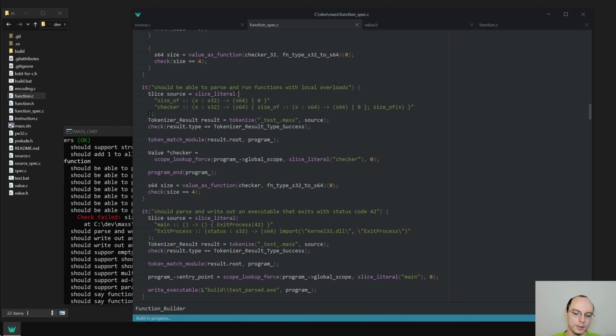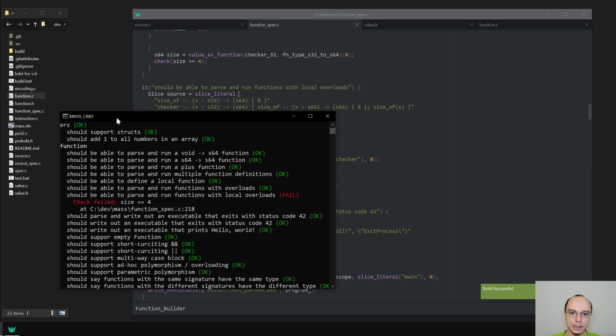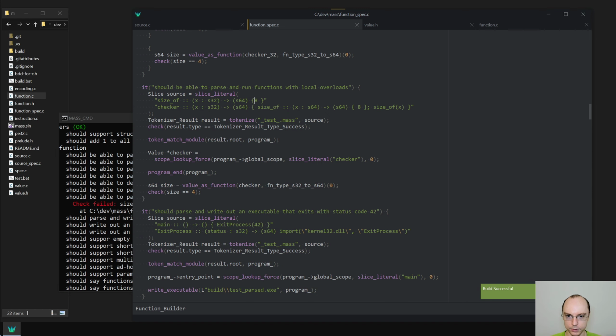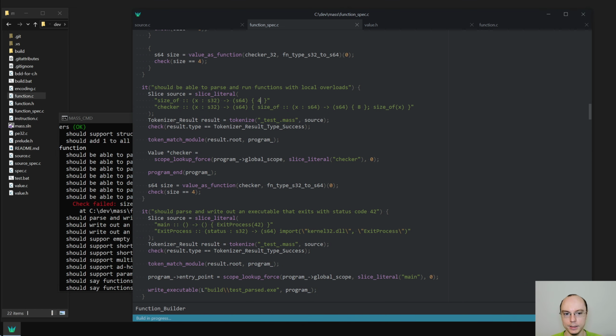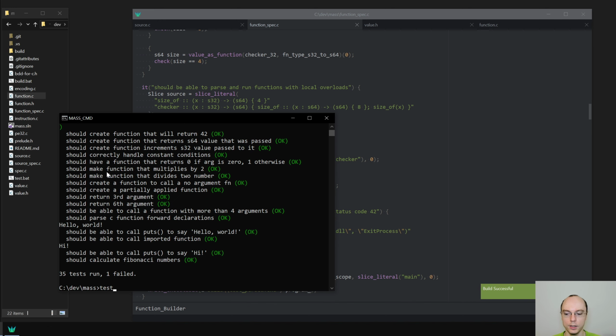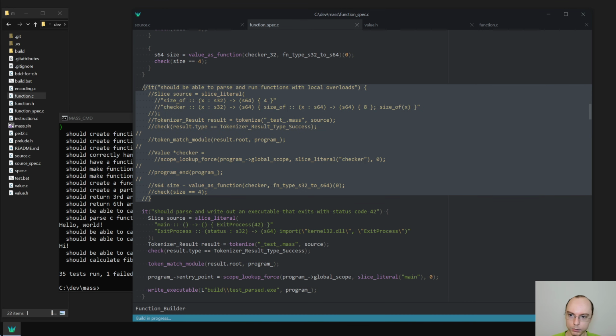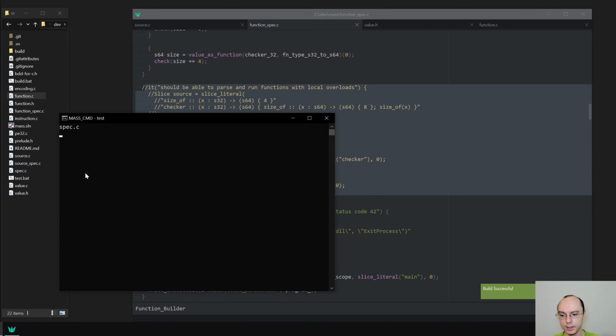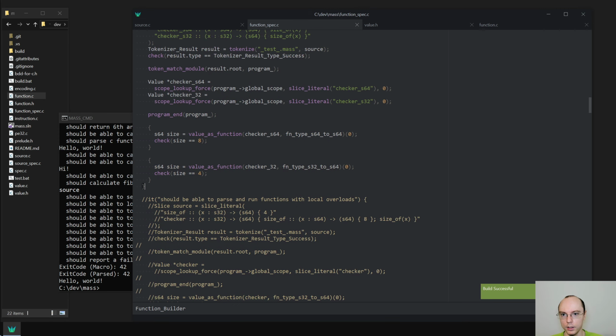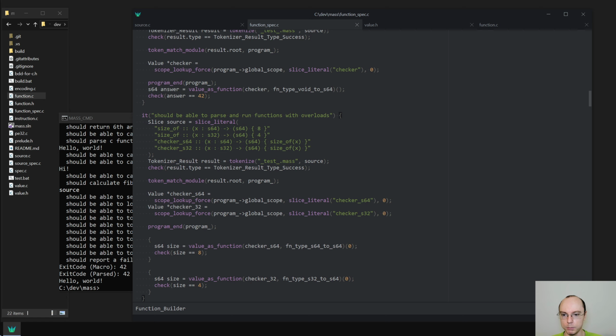So this thing will now do the wrong thing. It will return 8, but it should return 4. In fact, there are two parts to this problem. Before we tackle this one, I will make the other test fail by showing what the problem is. The problem is the following. If I do it like this, I think,